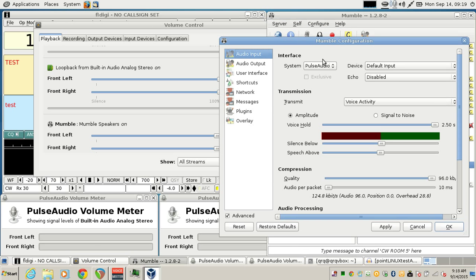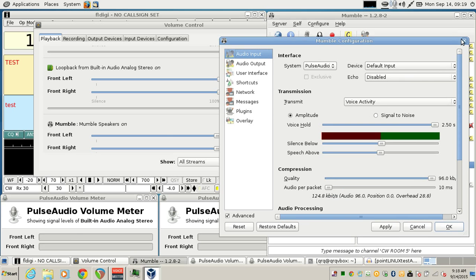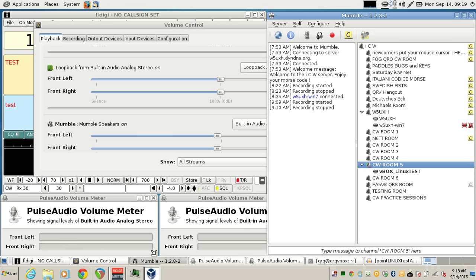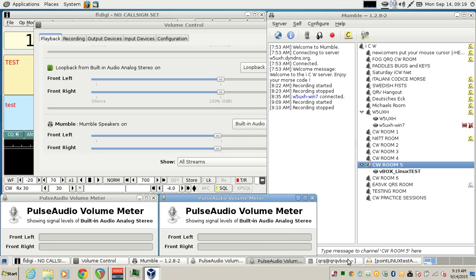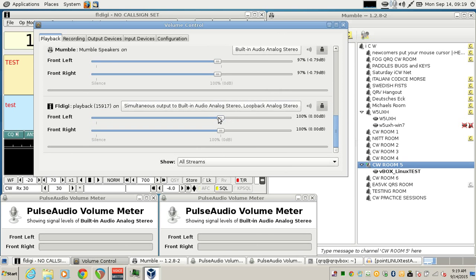Mumble is just using PulseAudio as its default. So no biggie there. The PulseAudio volume control is very helpful to set up everything. So if I set FLdigi just to that one, then it would only be heard in the sound card, and it wouldn't go to the Mumble input. So we do a simulcast, and that's done